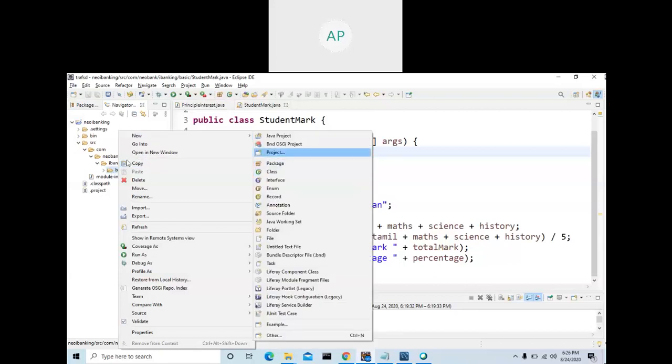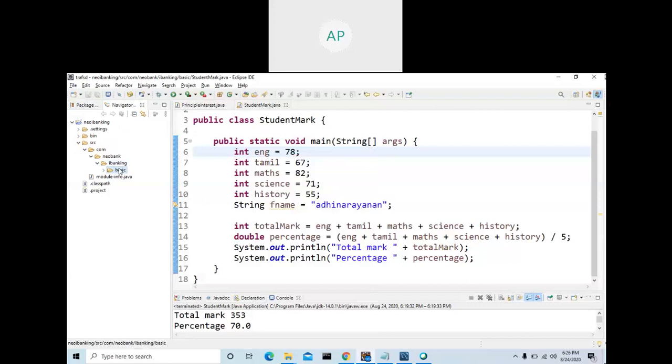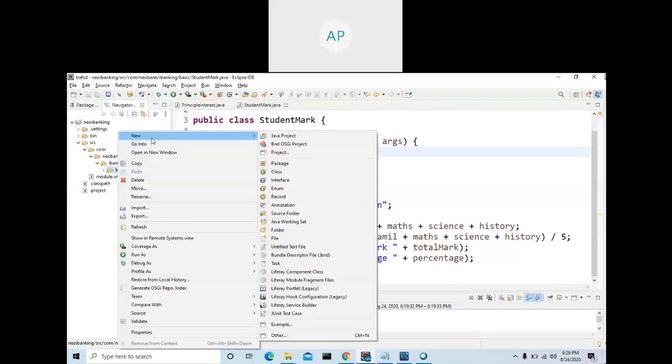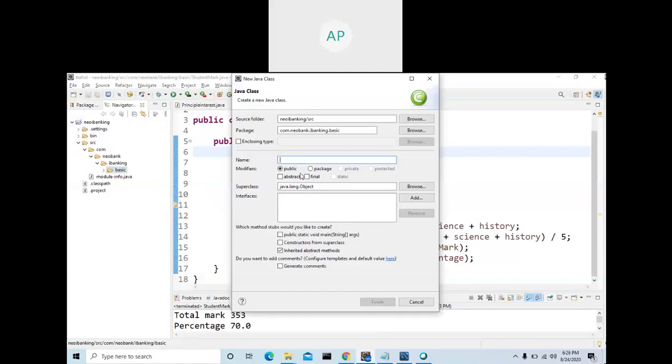So I'm going to create a class. Just click on this folder. In Windows there are a lot of folders, right? Same way we have a folder here, basic. Right click on this, new, create a class. Give any name, to be meaningful. The first letter should be capital as per Eclipse standard.